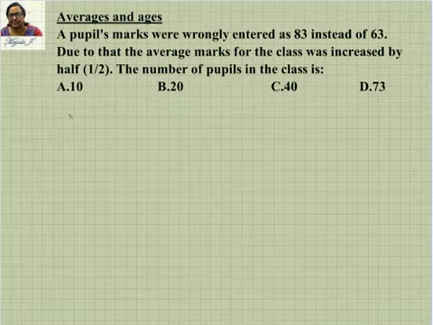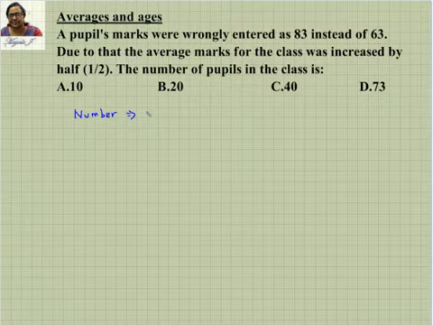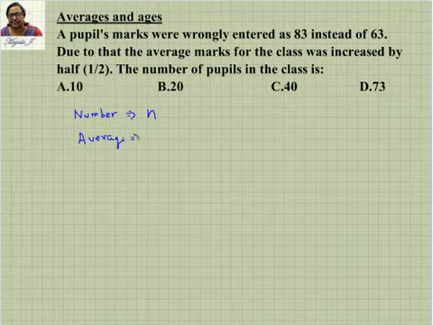And here we don't know the quantity. So let us consider this number for the time being as n, because we don't know; that is what you have to find out. This n is what you are going to find out. How about the average? Average is also not given here. It is only said that the average is increasing by half, but the average is not given. So let me assume this average also as A. Okay. And now there are three quantities you are aware of.